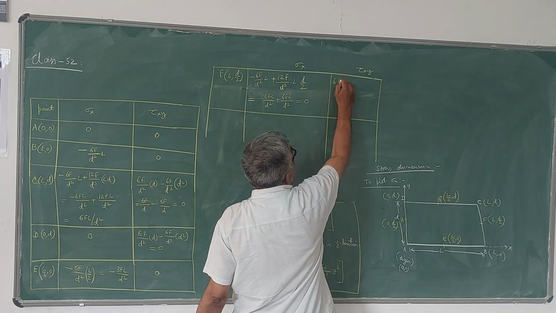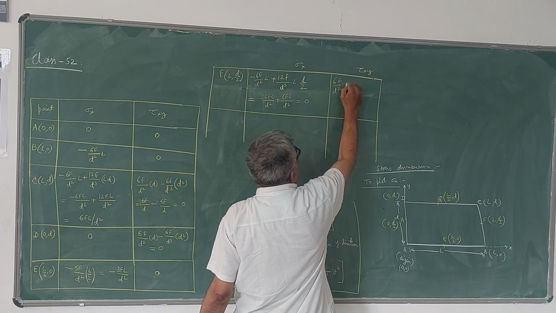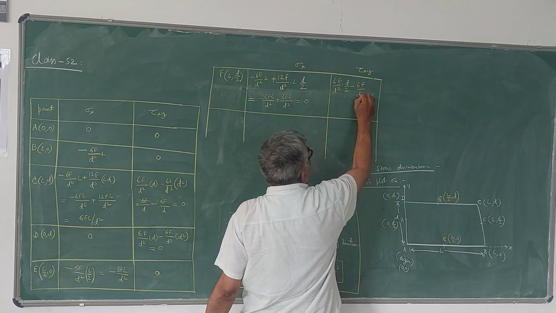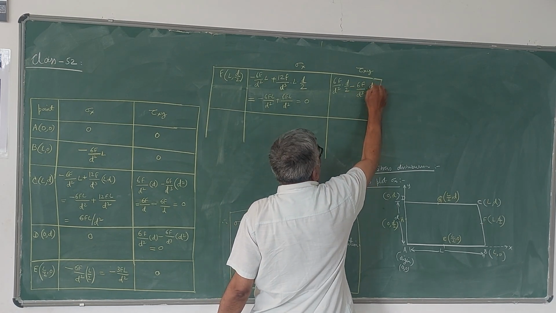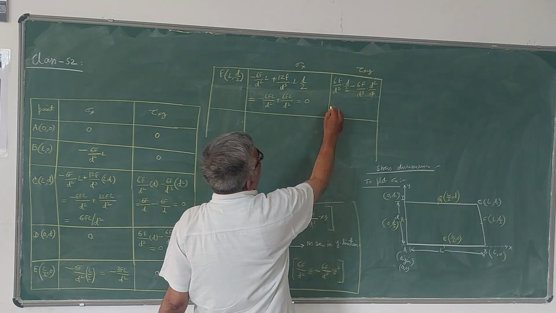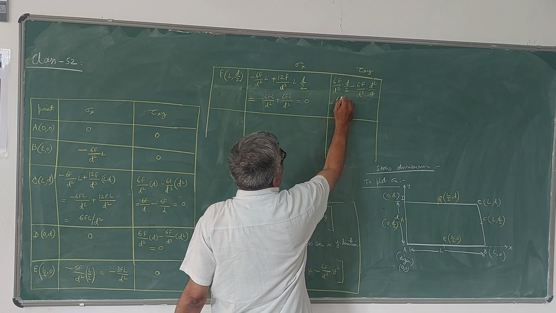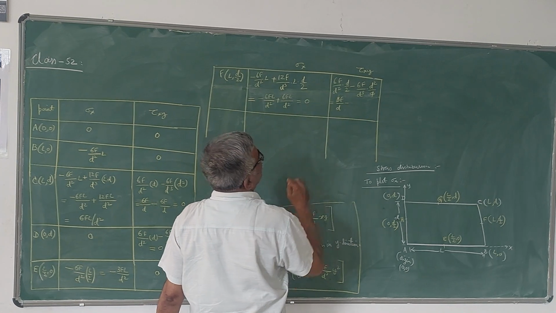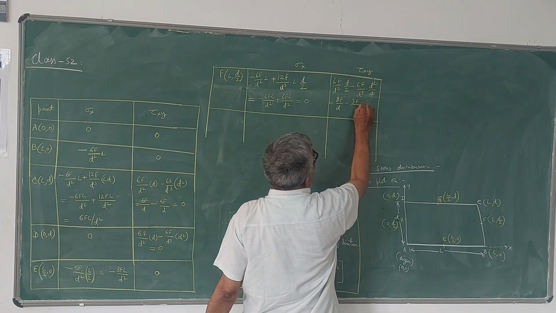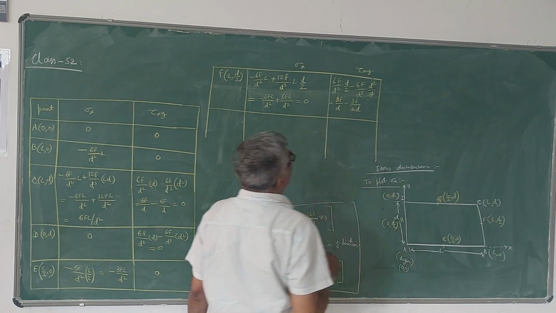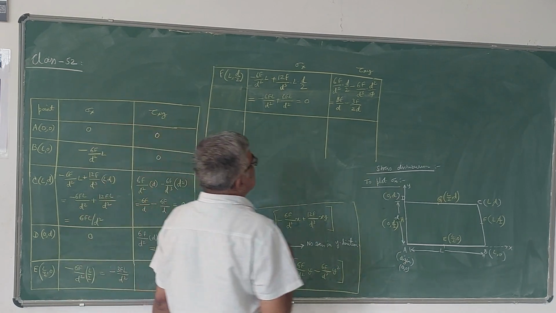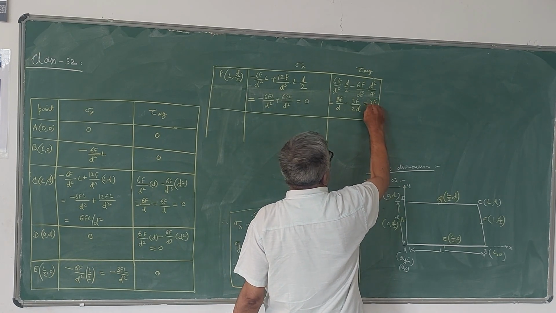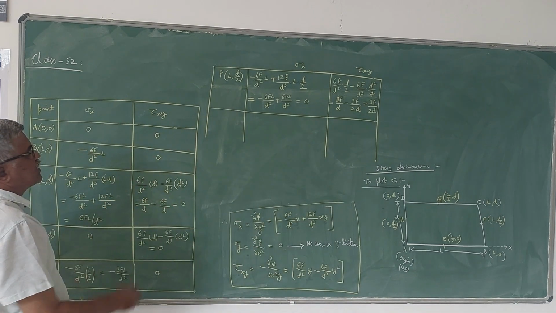6f by d square into d by 2, minus 6f by d cube into d by 2 square, which means d square by 4. This is what you will do. So here it becomes 3f by d minus 3f by 2d. 3f by d minus 3f by 2d, which you will get 3f by 2d. Next at G,